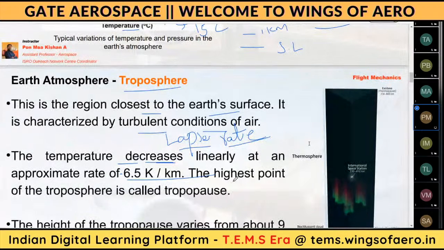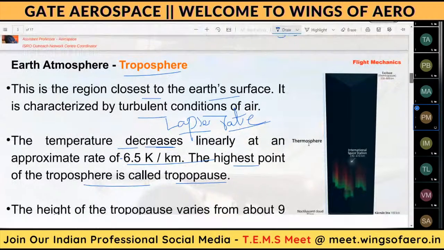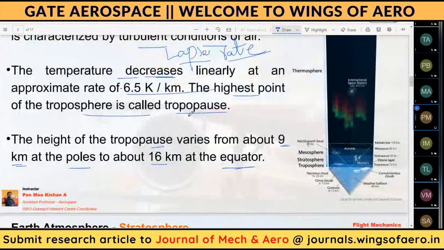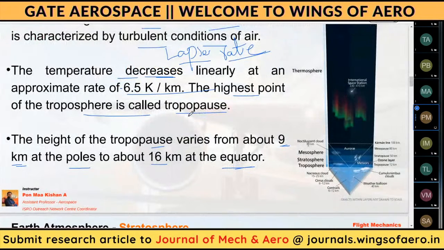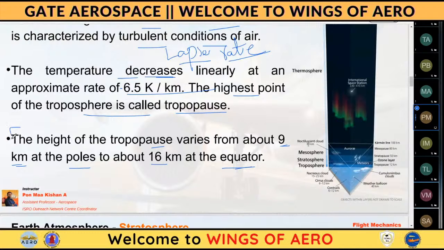The highest point of the troposphere is called the tropopause, that we very well know. The highest point of the troposphere layer is the tropopause, or we can say the layer which separates the troposphere and the stratosphere. They will be calling that the tropopause. Okay, so the most important thing is this one. This point is very much important, where